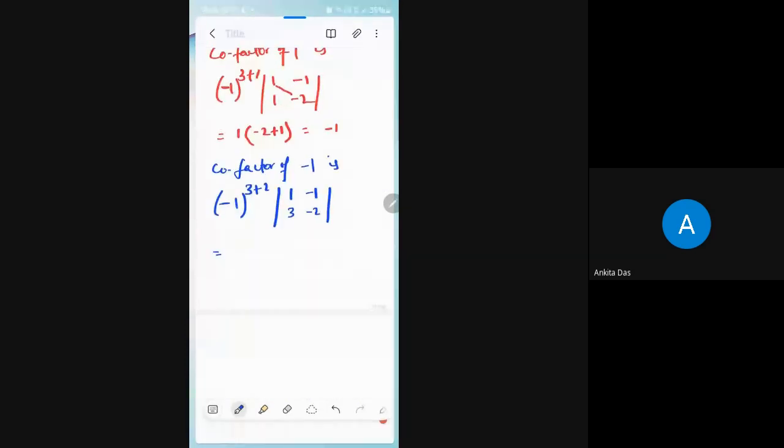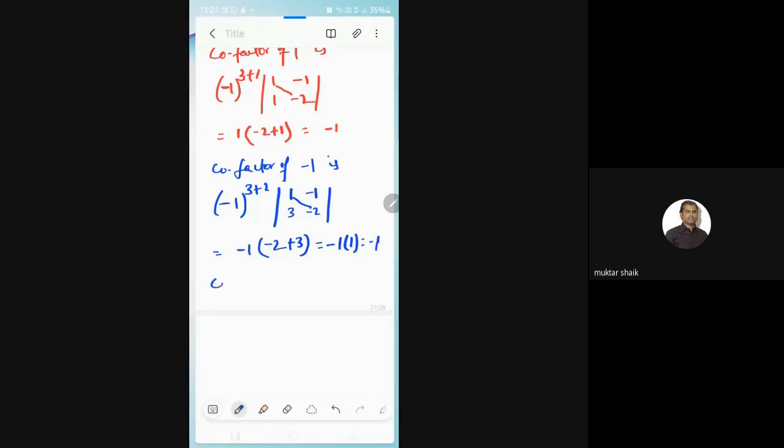Minus 1 to the power of 5 means minus 1 into AD, which is minus 2 minus 1. Minus BC means minus of minus plus 3. You will get minus 1 into 1, you will get minus. And the last one is